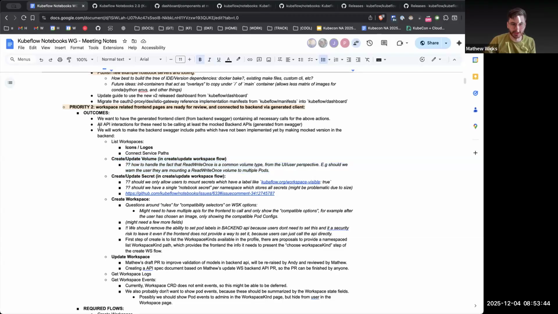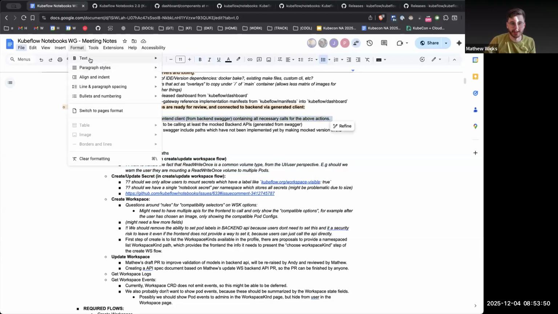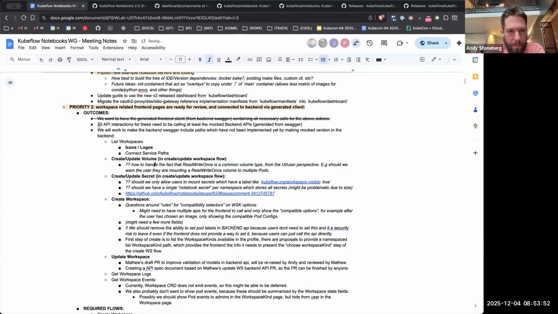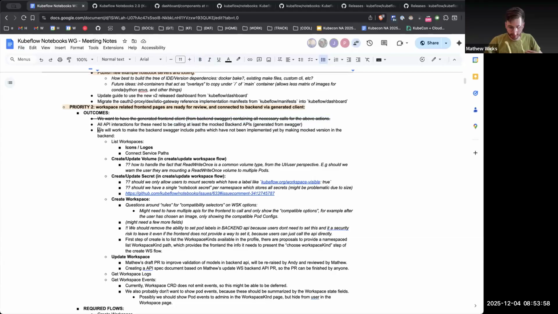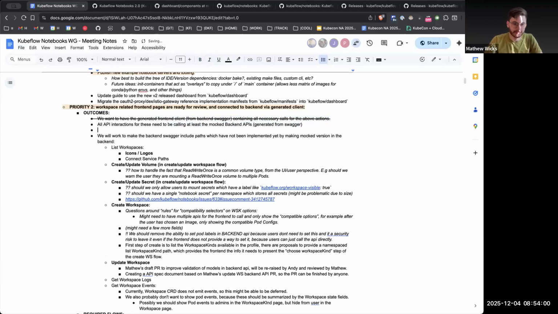Okay, so does anyone have any updates? The goal here is to make it so that the front end is using generated Swagger. I think we're pretty much already done with that. That's done, right? Yes. Okay. That is also true. Yes. So I want to add one more outcome as well, which is that